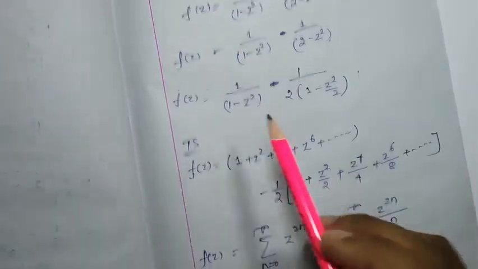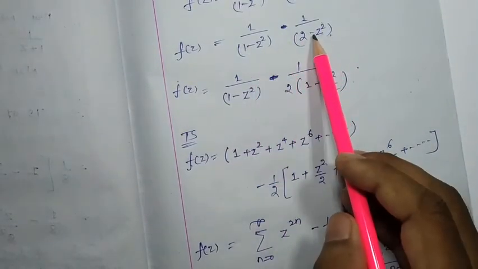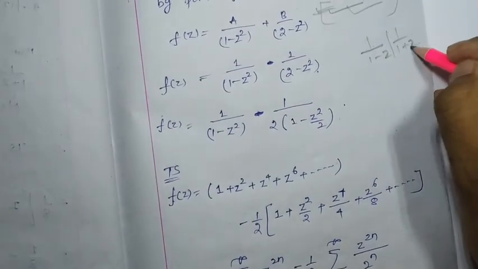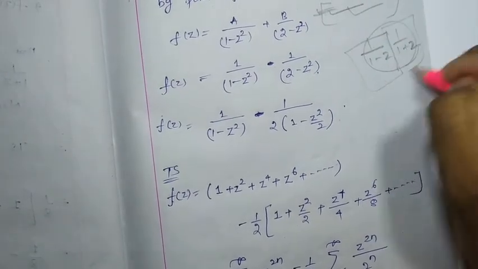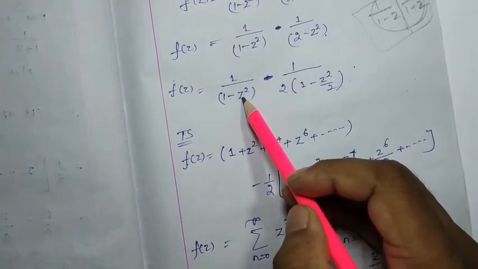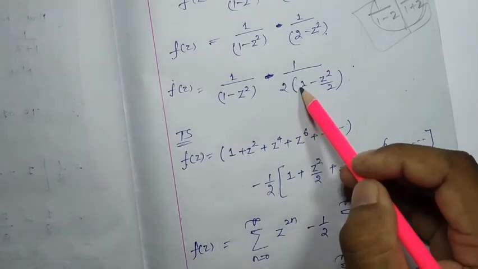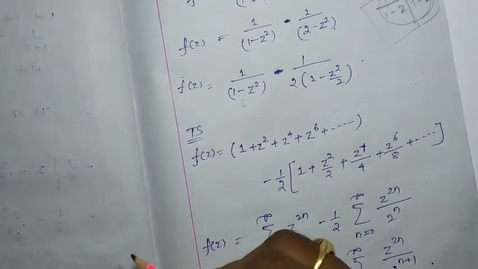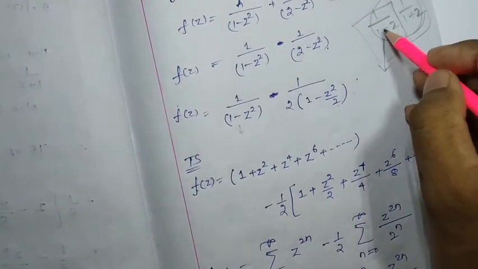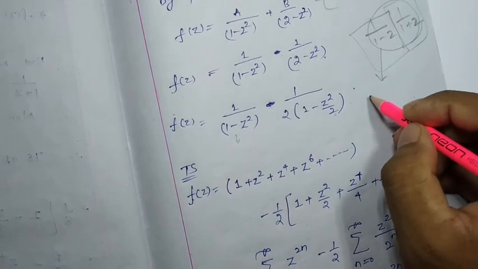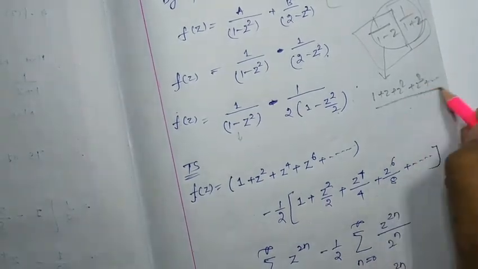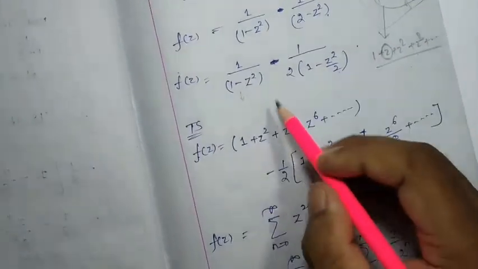So I told that this type of thing you can solve by considering the Taylor series of 1 by 1 minus z or 1 by 1 plus z. So here you have 1 by (1 minus z square) minus, here take 2 common, it will be 1 minus z square by 2, right? So 1 by (1 minus z square) will be how much? For 1 by (1 minus z), your Taylor series is 1 plus z plus z square plus z cube and so on. So here instead of z, what we have to write? z square only, that's it.